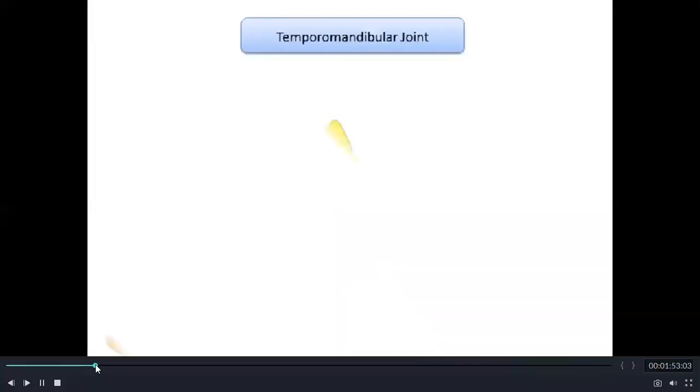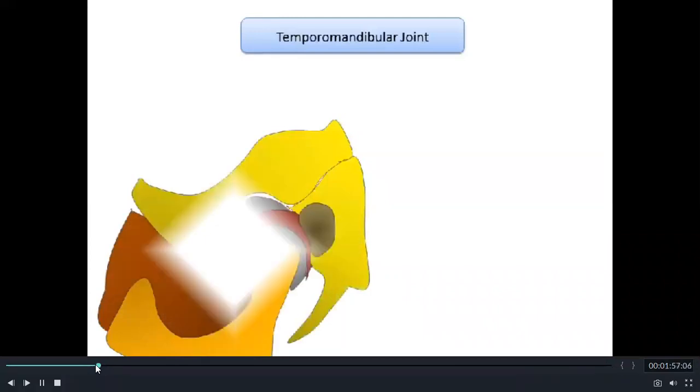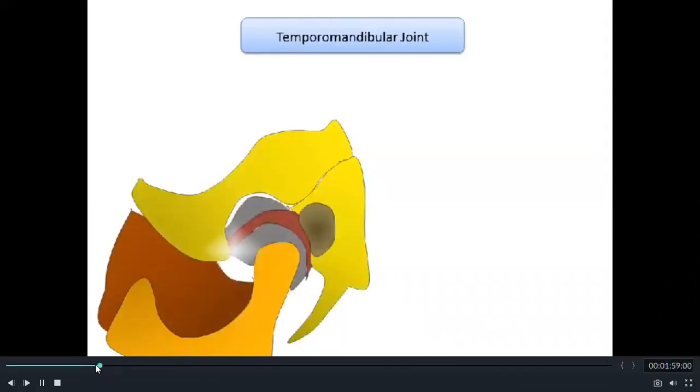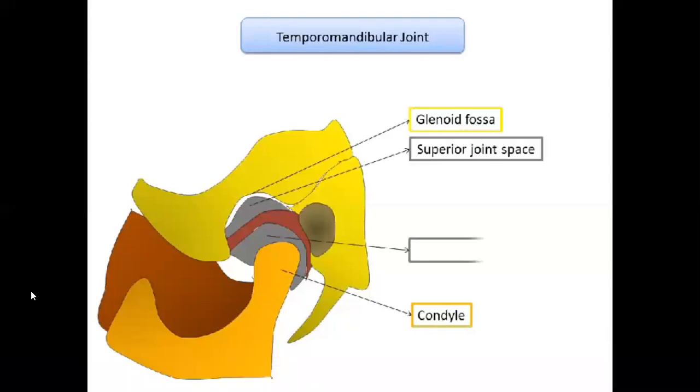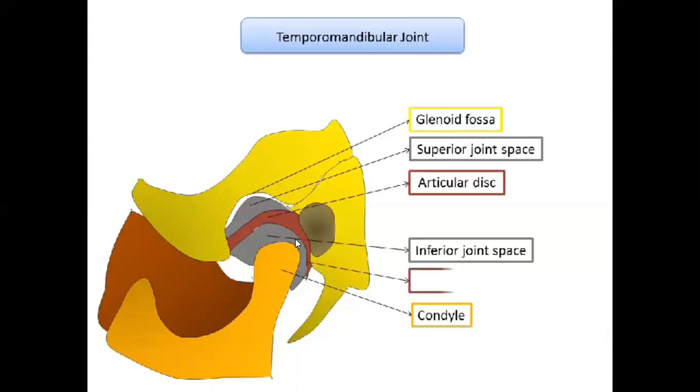Now coming to the temporomandibular joint. Yes, temporomandibular joint examination is also very, very important in a functional examination, because if the movements of the TMJ are smooth and passive, it shows that the dentition is also in harmony. Whereas if the movements of the TMJ are not normal, it can affect the normal occlusion and it will result in some trauma from occlusion or bruxism.